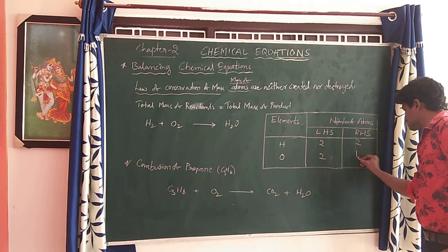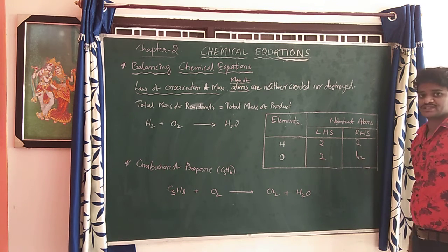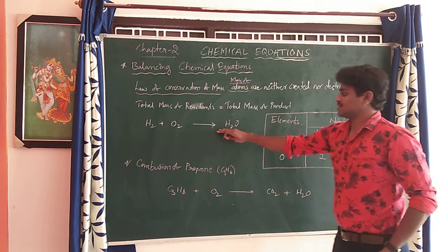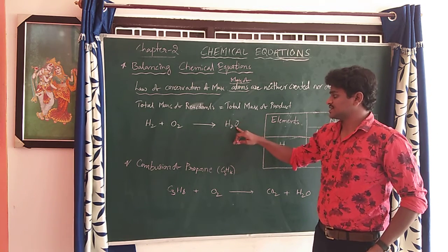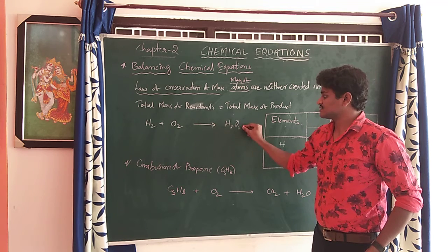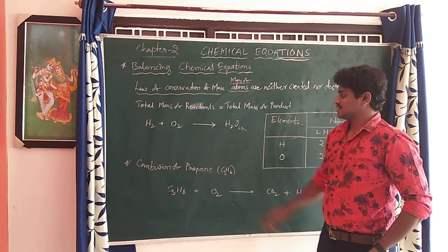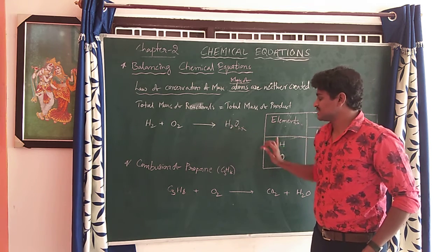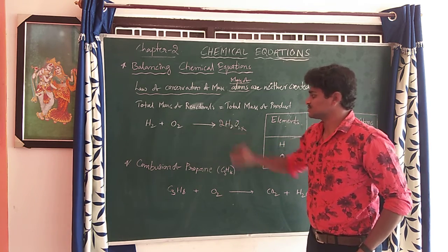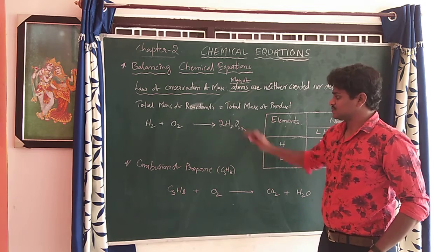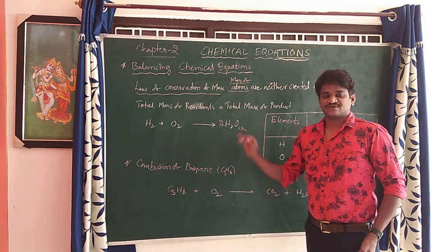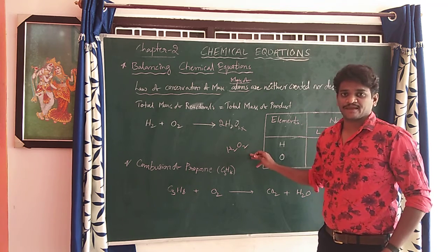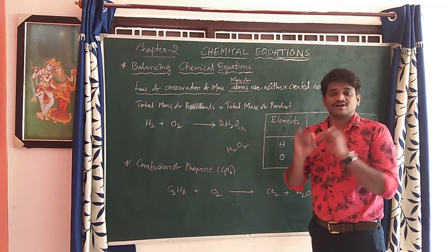So you have to write 2 ones are 2. In the RHS, for oxygen, you have to write 2. On the right hand side, you don't write it here, this is wrong. Why? Because this 2 is a subscript. You have to write 2 as a coefficient, that is 2 here. What will happen if you write 2 here? The molecule is totally changed. It is a water molecule, H2O, and H2O2 is hydrogen peroxide. Water and hydrogen peroxide, the whole molecule is different.